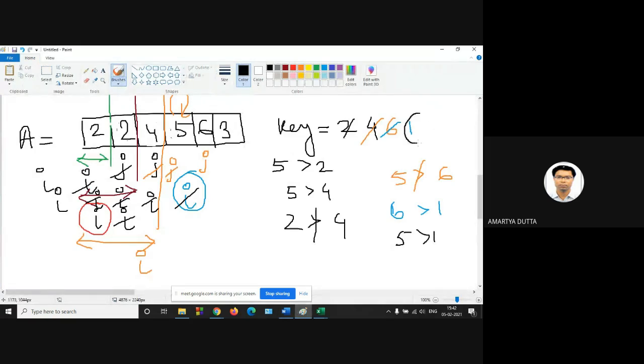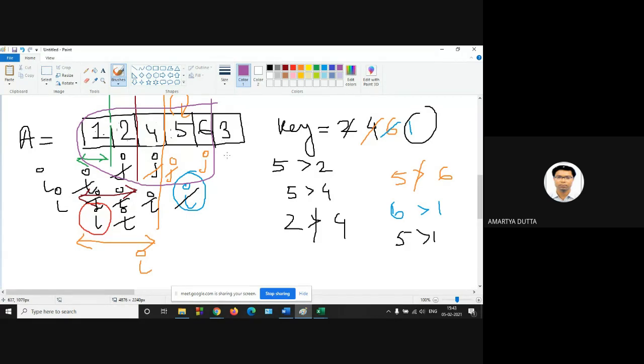What is the value of key? 1. 1 is copied. So already 1, 2, 4, 5, 6, this is already sorted.